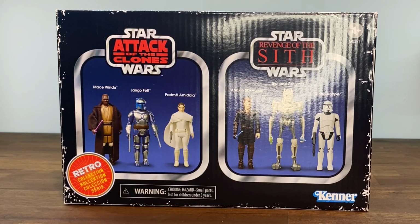I had ordered these originally from Hasbro Pulse. They were still sitting on kind of pre-order. They were in stock on Disney. I ordered them about 2 days ago and they arrived today, so I'm very excited to get them in hand